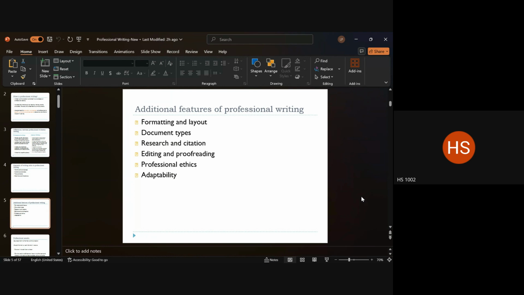Right? Adaptability is then with respect to medium. It could also be with respect to audience. We talked about that. So you adapt based on the audience that you have. Right? So it could be more than one thing. It is not just about, yeah, any question?